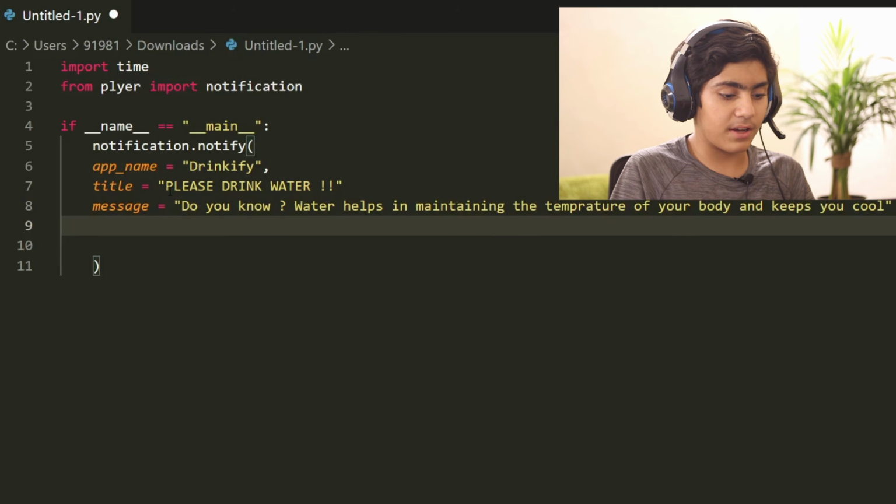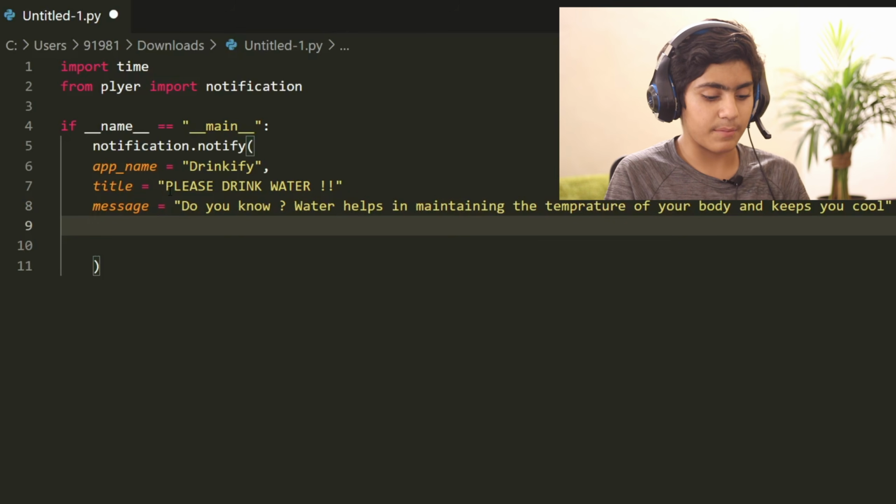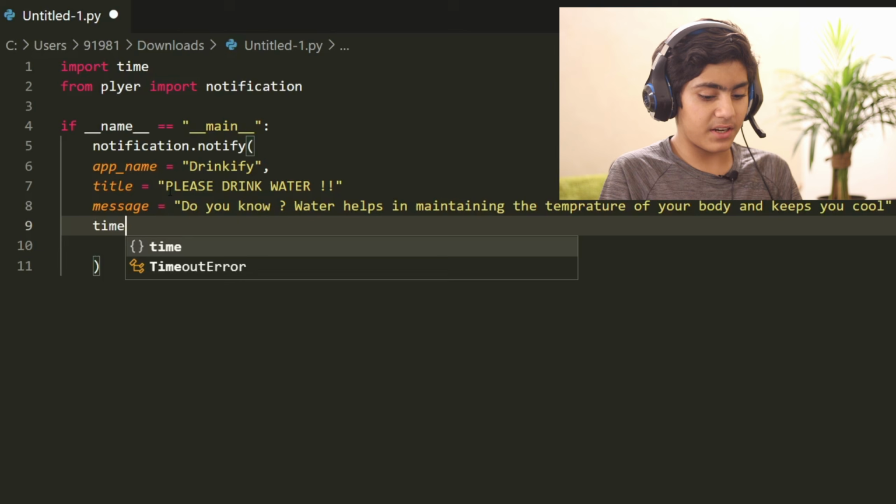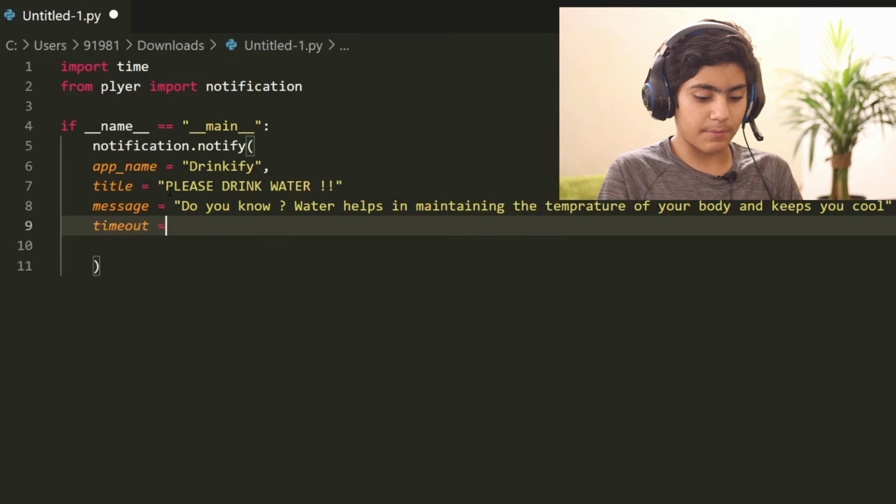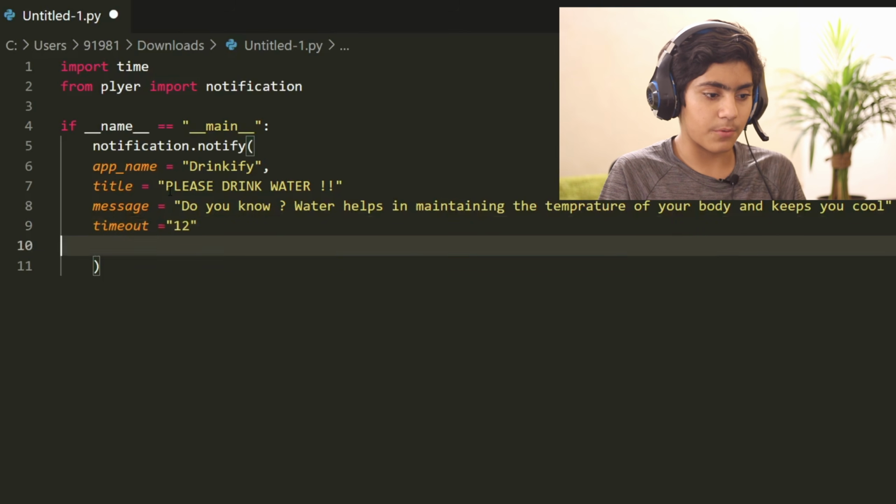So that is the message that I'm going to be popping up. You can write any message you want. Then you are going to specify a timeout. In my case, I'm going to specify 12 seconds. You can specify anything you want.